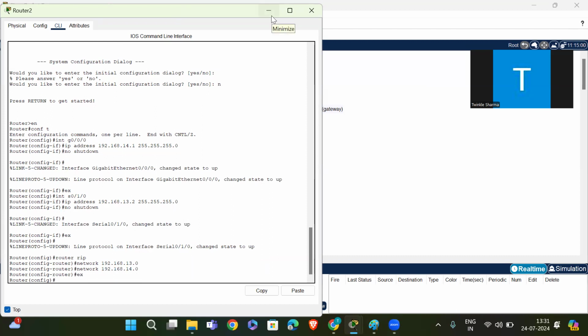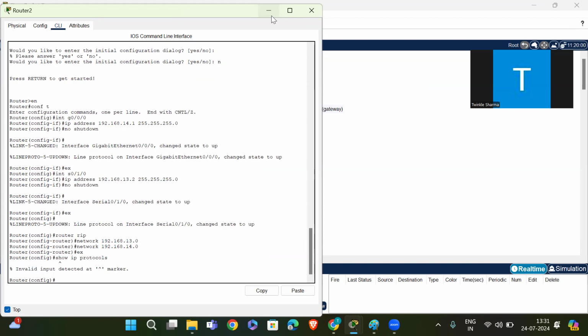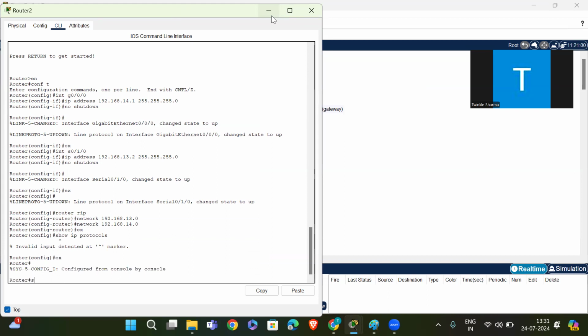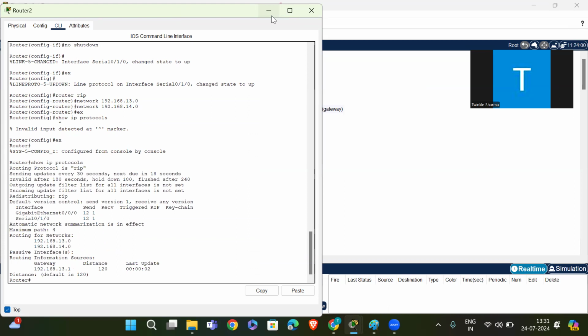Here one more thing we can do: show ip protocols. See, here the routing protocol is RIP. The administrative distance is 120, and here is the last update. Here is the routing for networks.